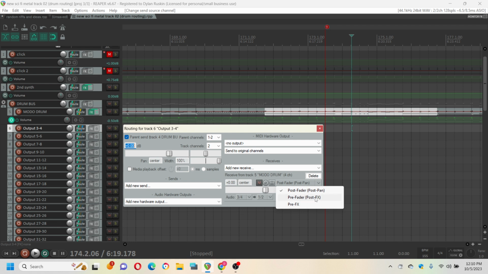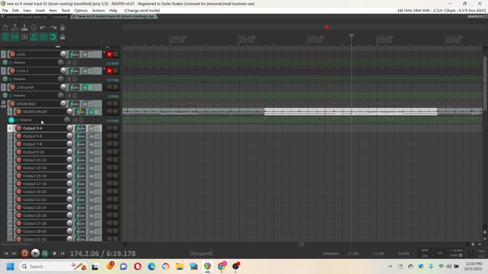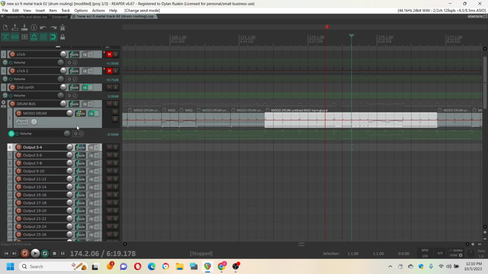Pre fader, post effects. Yeah. This is good. And you don't need to worry about what I'm doing right now. I'm basically going in and I'm routing this drum track into every single one of these. This isn't something you'd have to do